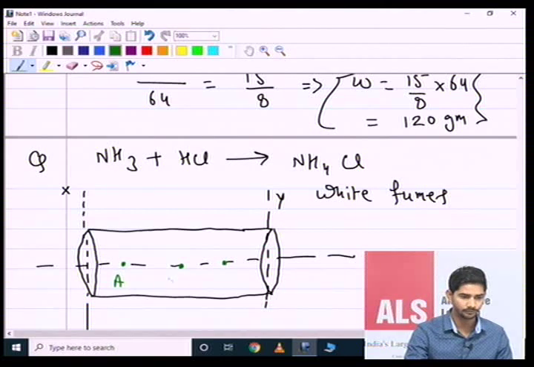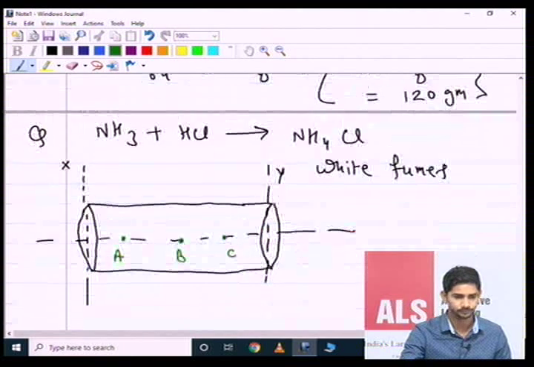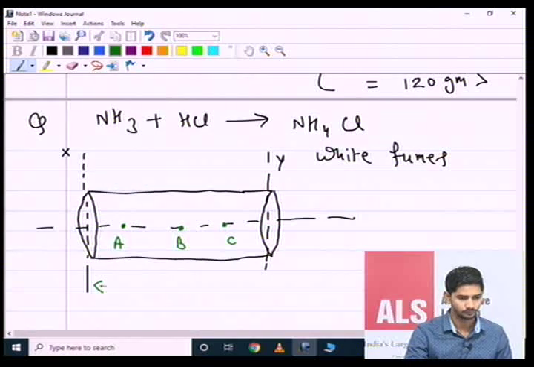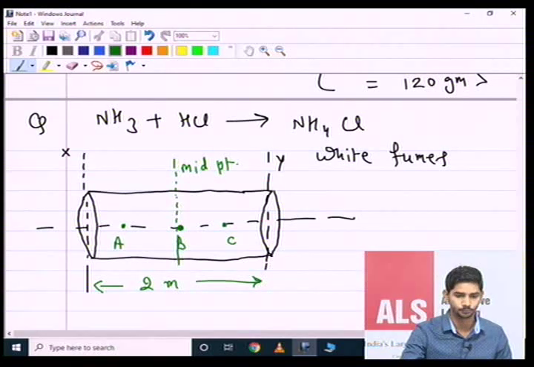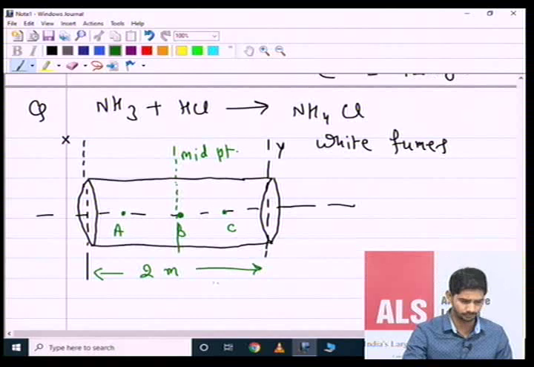This is point A, this is point B, and this is point C. The length of the tube is 2 meters. Point B is the midpoint. Now, the question is,